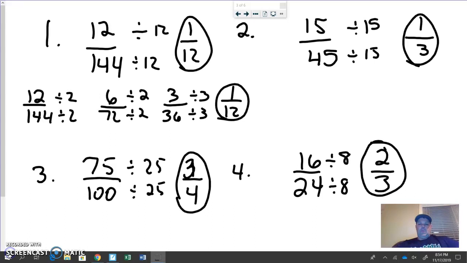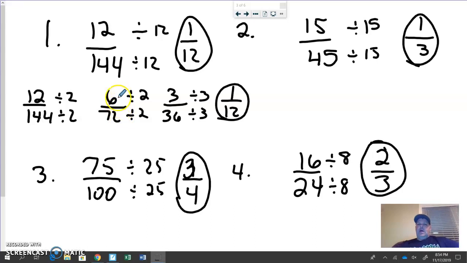Thanks. Hopefully you had a couple minutes to be able to simplify these. The top one, 12/144, the greatest common factor is 12. I divided both by 12 and I got 1/12. But if you look down here, I may have not known that 12 was the greatest common factor. I may have decided that they were both even numbers, so I divided by 2. That gave me